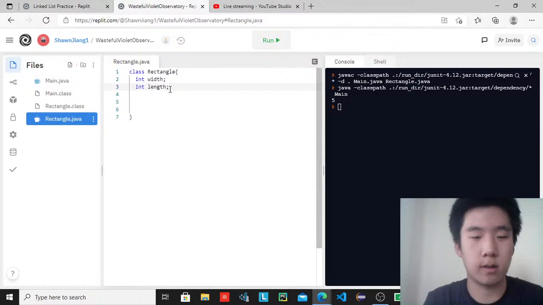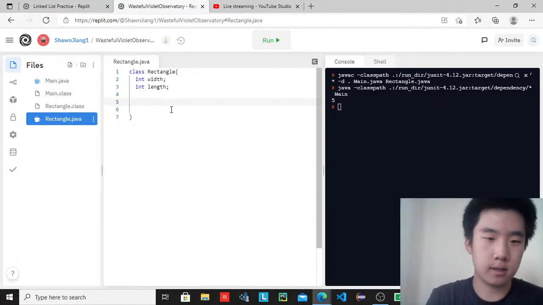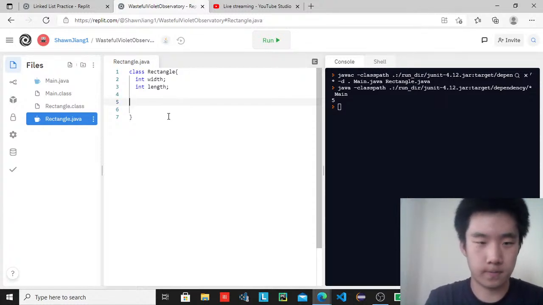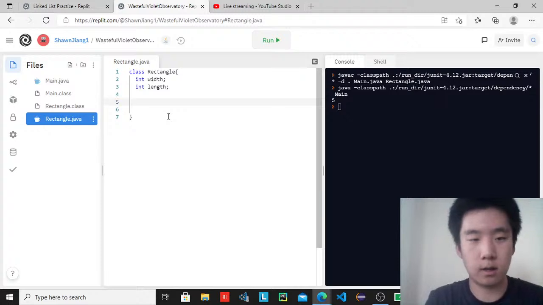The value is still null. That's because I'm going to create a method which will give those attributes actual values. But you always have to declare what attributes of that object you want to have in your class. If I didn't have these, then I wouldn't be able to call my width or my length. So it's very important that you state the attributes of your object. So we have width,